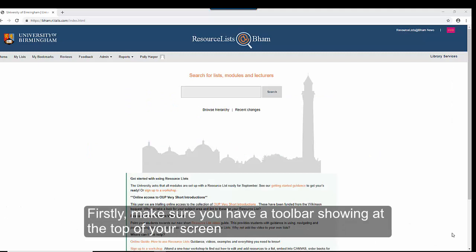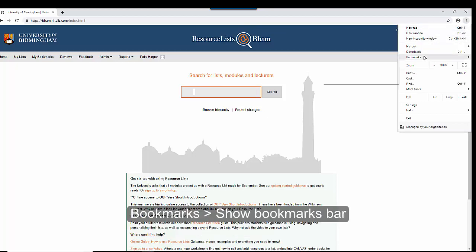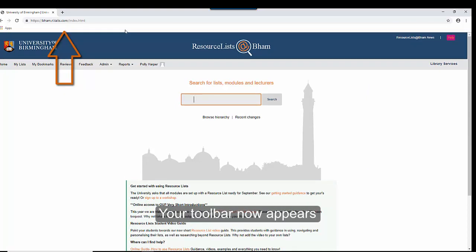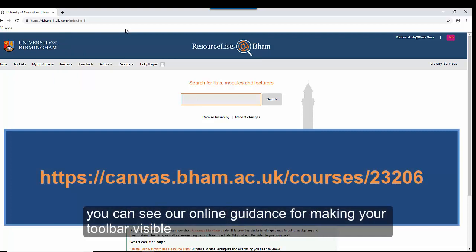To do this, firstly make sure you have a toolbar showing at the top of your screen. If you don't already, then in Chrome you need to click the three dots to the top right of your screen, Bookmarks, and Show Bookmarks bar. Your toolbar now appears. If you normally use a different browser, you can see our online guidance for making your